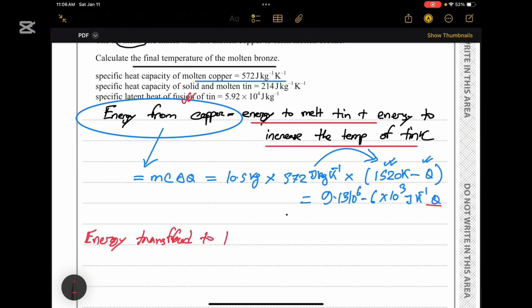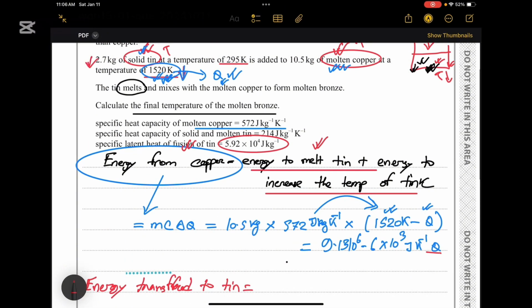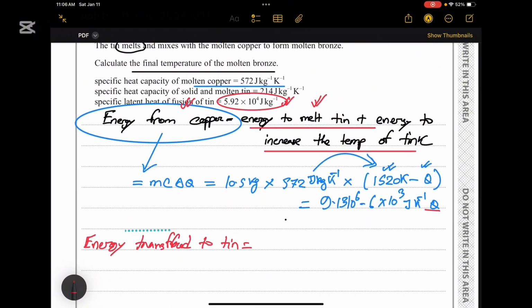Energy transferred to the tin is equal to the energy used to melt the tin, which will use the latent heat of fusion. So we will take the mass, 2.7, into L_f. So 2.7 into 5.92 into 10 to the power 4 joule per kg, and here we have to write the kg as well, plus